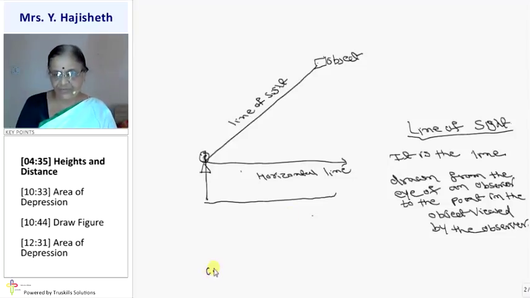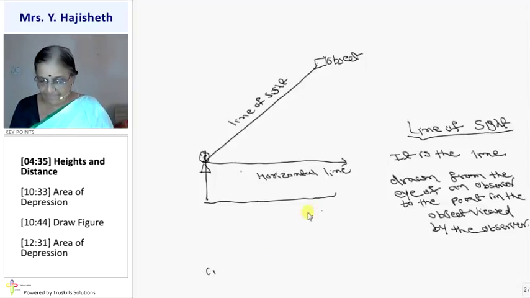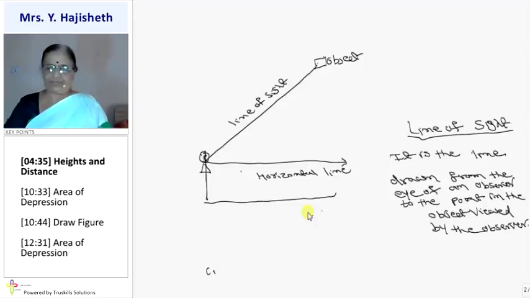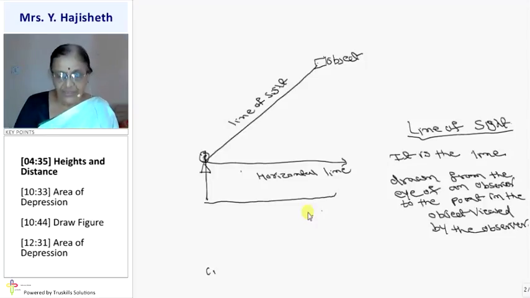This is observer, this is object, and this is line of sight. Clear? What is line of sight? You are clear? अब देखो, this angle